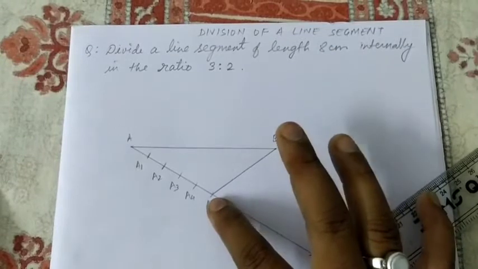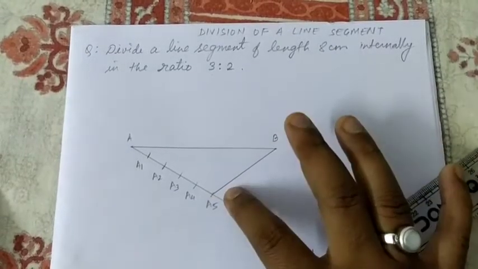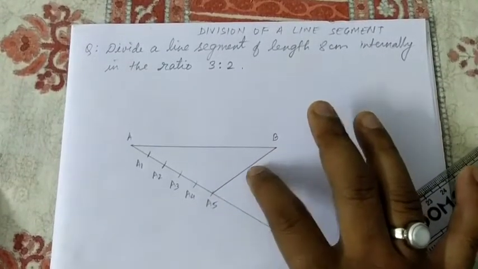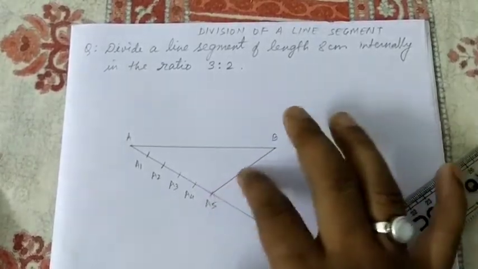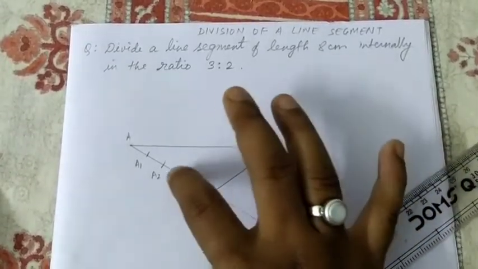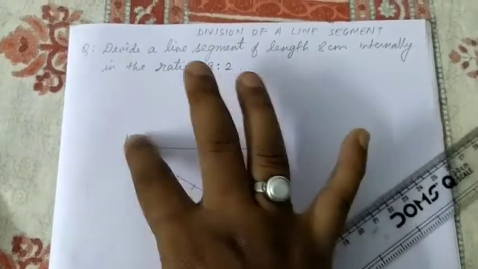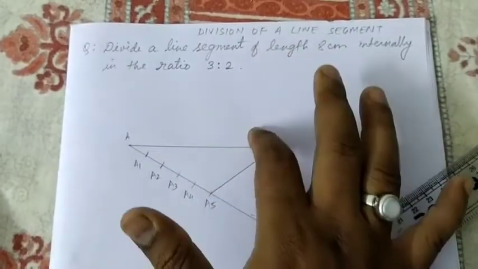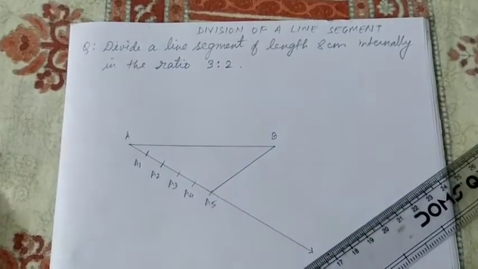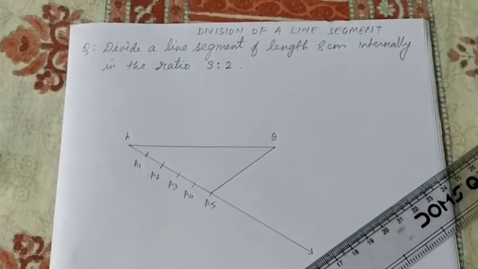Okay. So we have made a line here. Now what is the next step we have to do? We have to make a line parallel to this, such that the point where it will touch this line will become a point which will divide it into 3:2 ratio. Now how will we make a line parallel to this A5B?